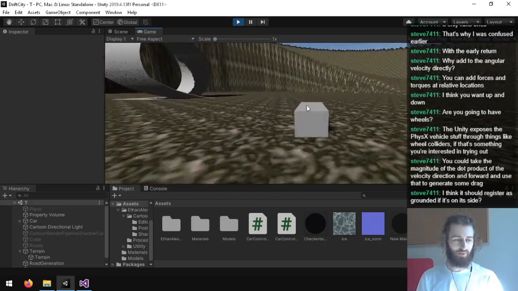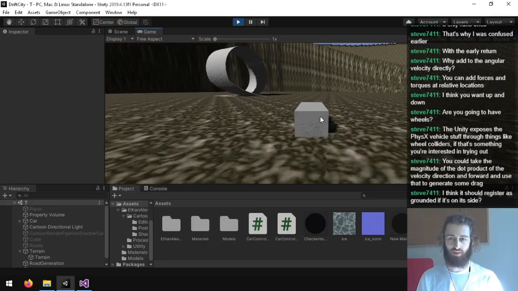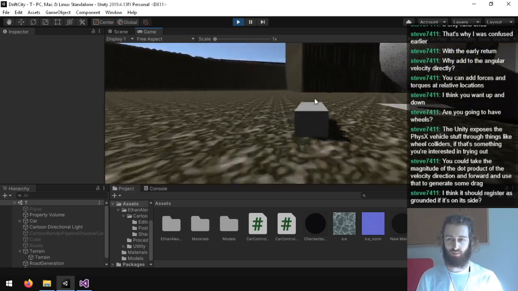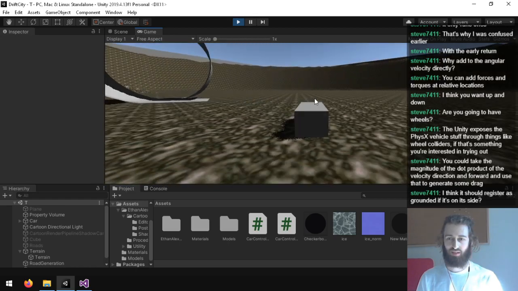You shouldn't be able to turn when the car isn't moving either. An actual car, you need to go forward to actually rotate from the wheels.